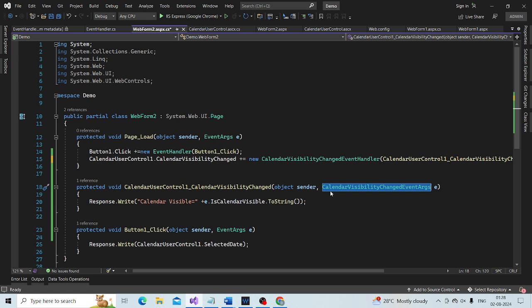So the control knows which method to invoke when that event happens. But also remember this page has a page pre-render event. Let me copy this.